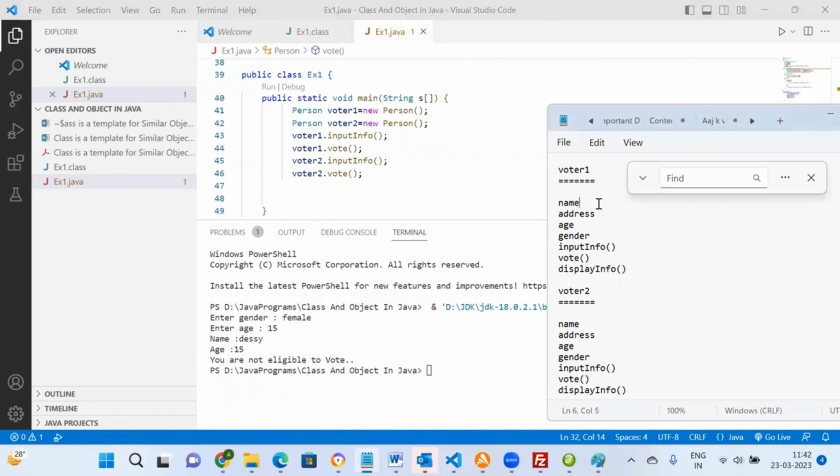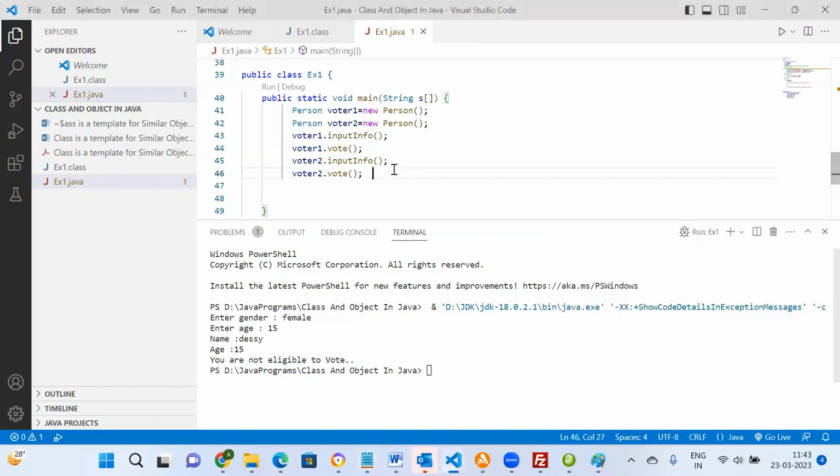फर्स्ट टाइम हम लोगों ने वोटर 1 के लिए इनपुट किया था जॉन, उसका एड्रेस था दिल्ली, उसका एज था 45 ईयर्स, उसका जेंडर था मेल। तो ये सिस्टम ने बताया कि ये इनपुट इन्फो के थ्रू हुआ, और वोट फंक्शन ने बताया कि जॉन कैन वोट। सिमिलरली वोटर 2 में नेम हम लोगों ने एंटर किया था डेसी, उसका एड्रेस था पुणे, उसका एज था 15 ईयर्स, उसका जेंडर था फीमेल। तो इसने इनपुट के थ्रू इनपुट लिया, वोट के थ्रू बताया कि ये वोट कर सकता है कि नहीं।